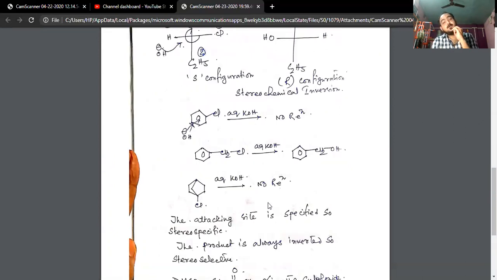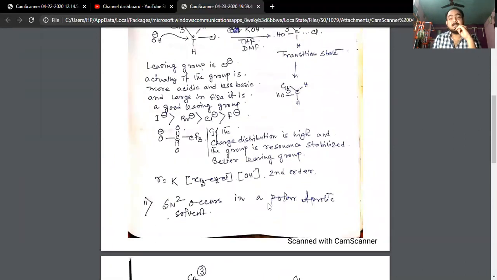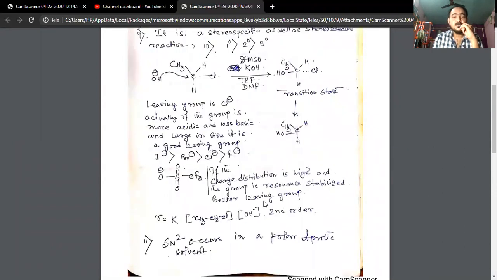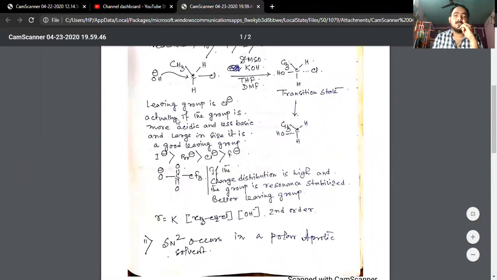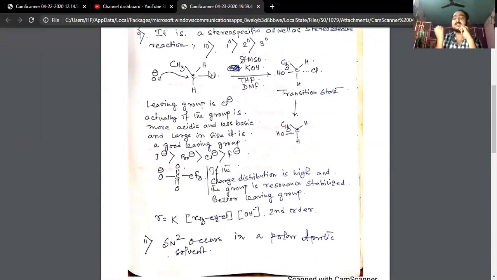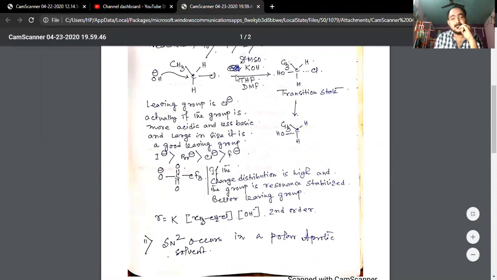What will you do now? You see when the problem arises. Now suppose that this alkyl halide is secondary. So how will you understand whether it undergoes SN2 or SN1? Because SN2 occurs primary greater than secondary greater than tertiary, but SN1 occurs tertiary greater than secondary greater than primary. So how will you understand, if it is a secondary alkyl halide, whether it will undergo SN2 or SN1?